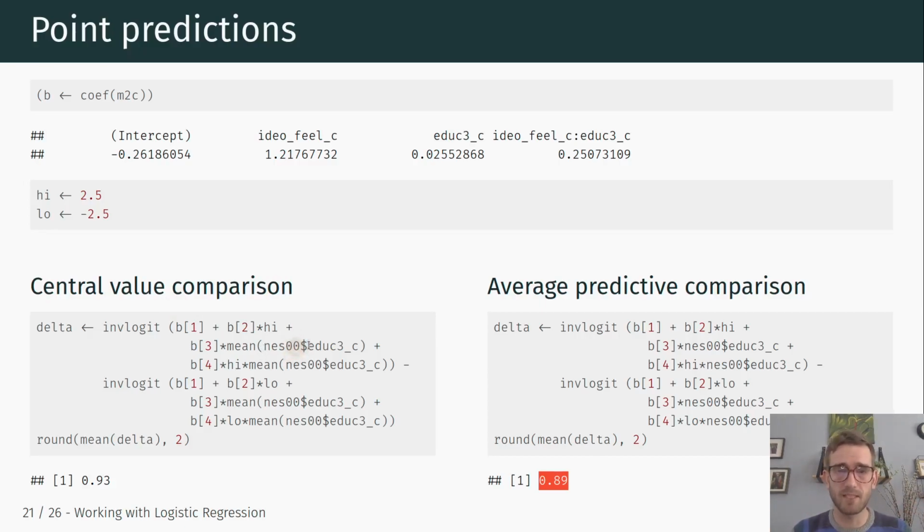Here we compute the expectation in the predictor itself and then compute the predicted probabilities and the difference between those scenarios afterwards for just two different values for ideology. And here we take all the sample values of our predictor and compute a larger number of predicted differences in predicted probabilities and then average them afterwards. So we take the expectation at a later point in order to get around this issue where our predictor is bimodal.